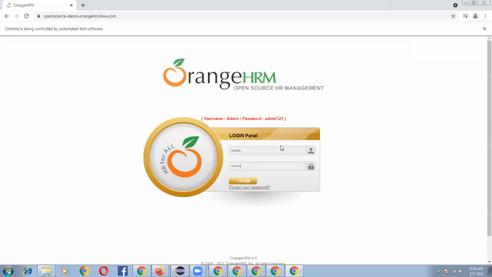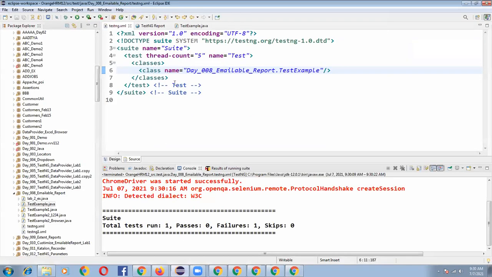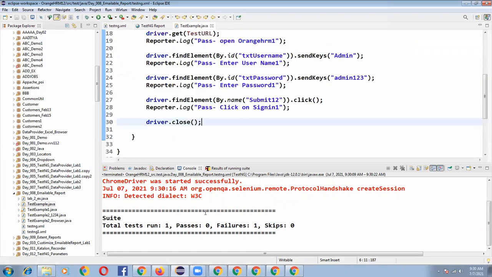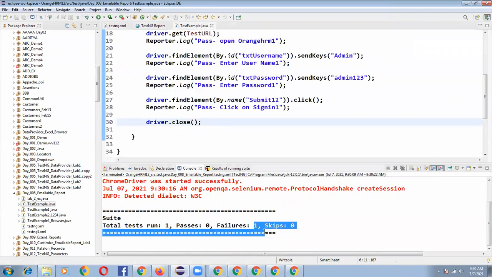It's not clicking on the login button. So what is the issue? What exception will it throw? NoSuchElementException. So here the program is showing failure.